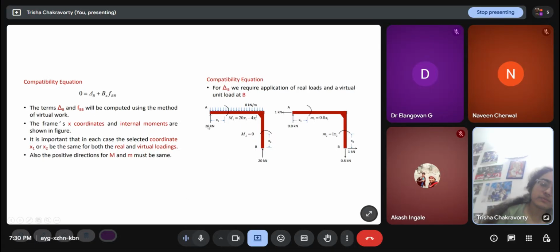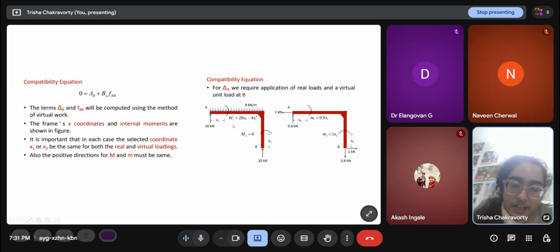So there is 20 kilonewton, like you saw, this is a determinate structure. You solve the support reactions, and you have a uniformly distributed load here. The total magnitude of the UDL was 40 kilonewtons, so 20 here, 20 here, since it's symmetric. I'm taking an x1 here and an x2 along this length. So x1 will go from A to here and x2 will go from B to here.